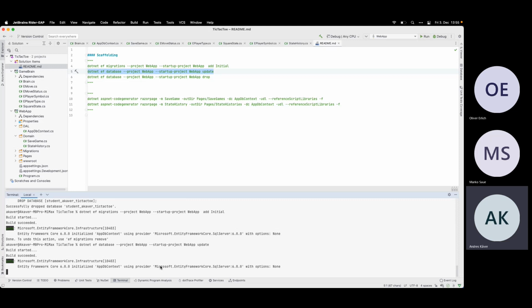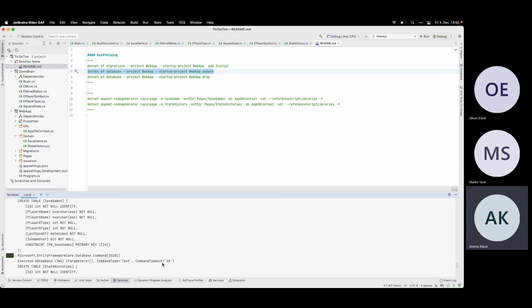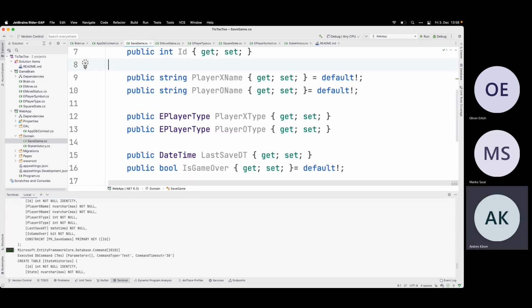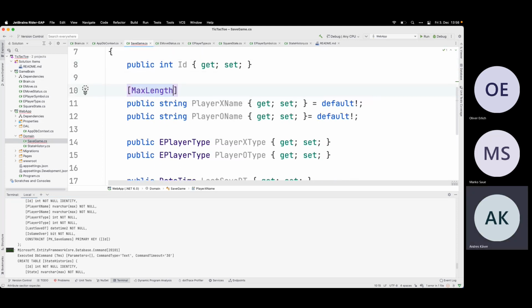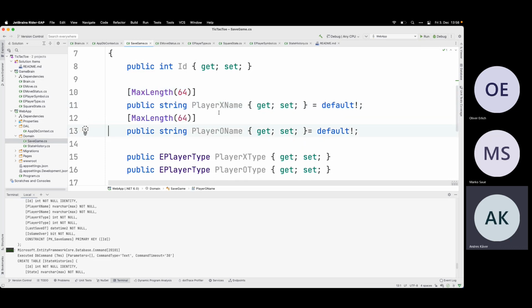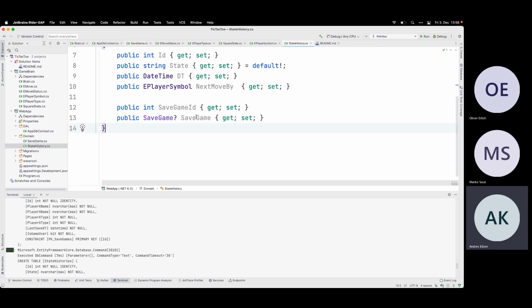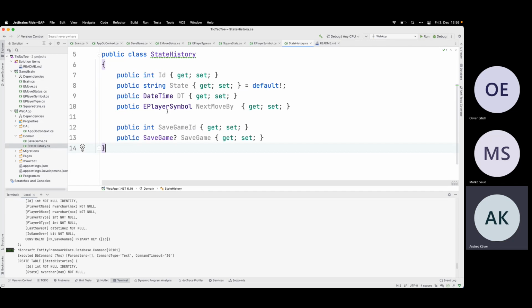Hopefully now it's a little bit better database. Yep, at least now I have those two labels. Okay, player X name is unlimited length. This is not nice. So let's say it at least has some kind of length. And state history doesn't have any limits on the state. All right.